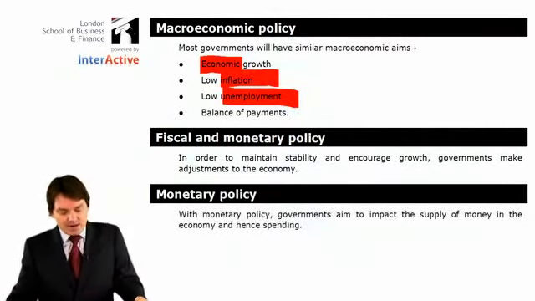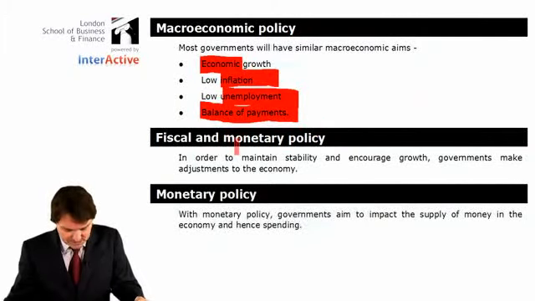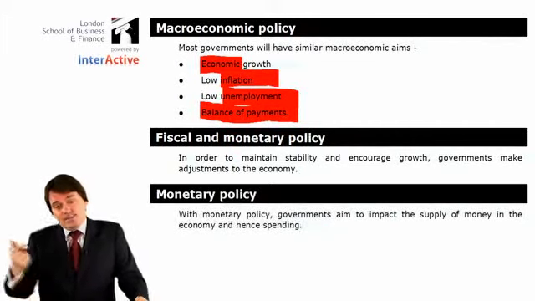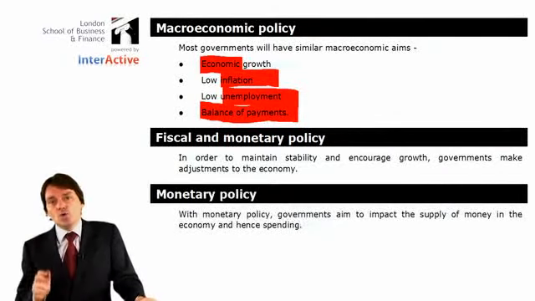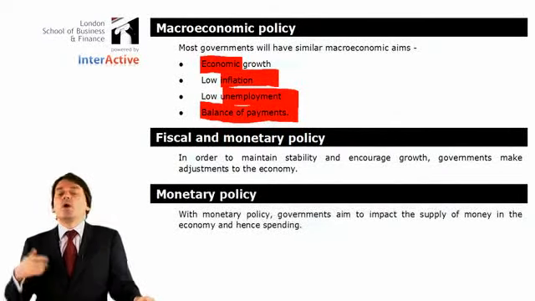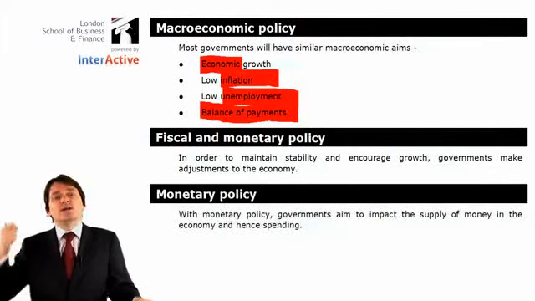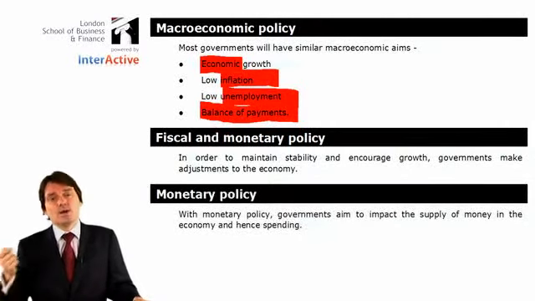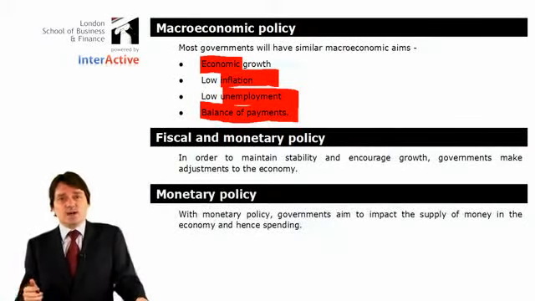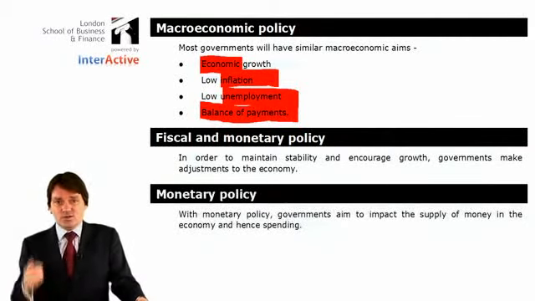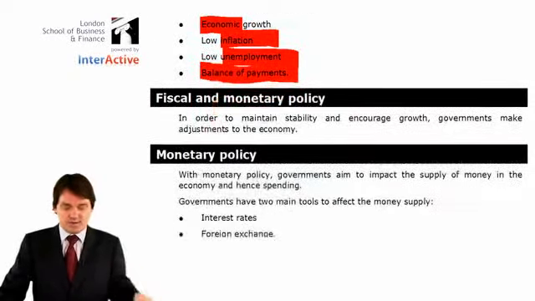Finally, we've got their macroeconomic policy, the balance of payments. As I said earlier, the balance of payments is all to do with money going out of the country, money coming into the country. Most countries don't want to owe too much money. So a balance of payments surplus, more money comes in than leaves, is better than a balance of payments deficit, more money is leaving than is coming in. Again, the trouble is if you are spending lots of money abroad and you're not importing a lot of stuff, it's actually quite difficult for the economy. It's got implications for how much the currency is worth and stuff like that.